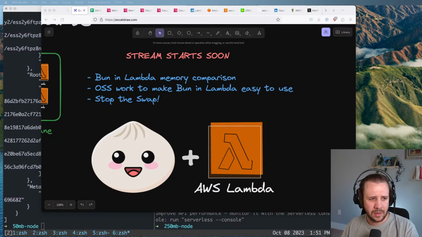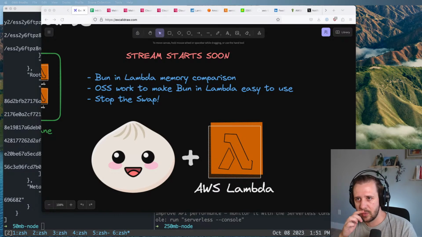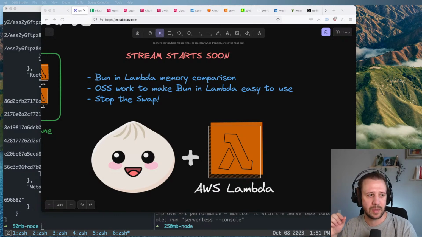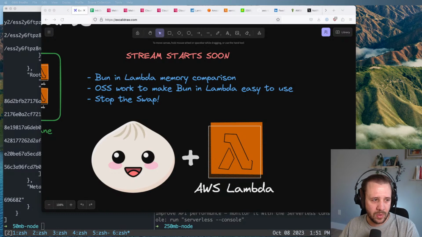First off, Matt Bonig, another hero, asked a question about varying the memory in the Bun example that I have so far. Right now, it is completely configured for just 1 GB of RAM, and I've had it running like that for a couple of weeks. What I want to do is vary that a little bit, see if there's any difference. I don't expect there to be that much of a difference because